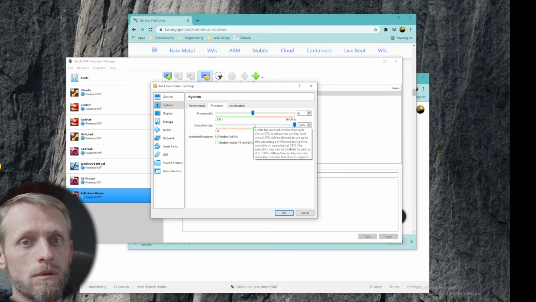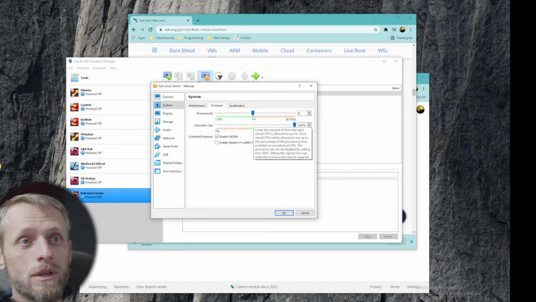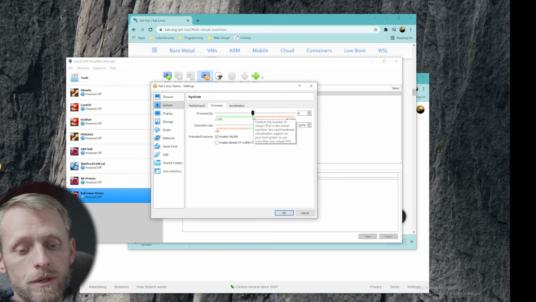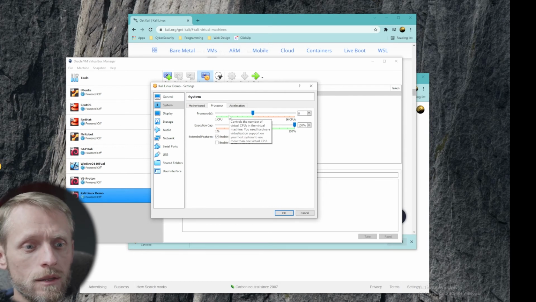It doesn't necessarily take those cores, doesn't take control of those cores away from your host system. It shares them. But if you're allowing it to use 8 cores, if on Kali Linux you're all of a sudden running some process that is CPU intensive, it may slow down your host machine more because they're sharing those resources. So depending on how you're using this, if you're putting Kali Linux in here and Kali Linux is primarily what you're using at the time, then you may want to go ahead and allocate all of your cores to